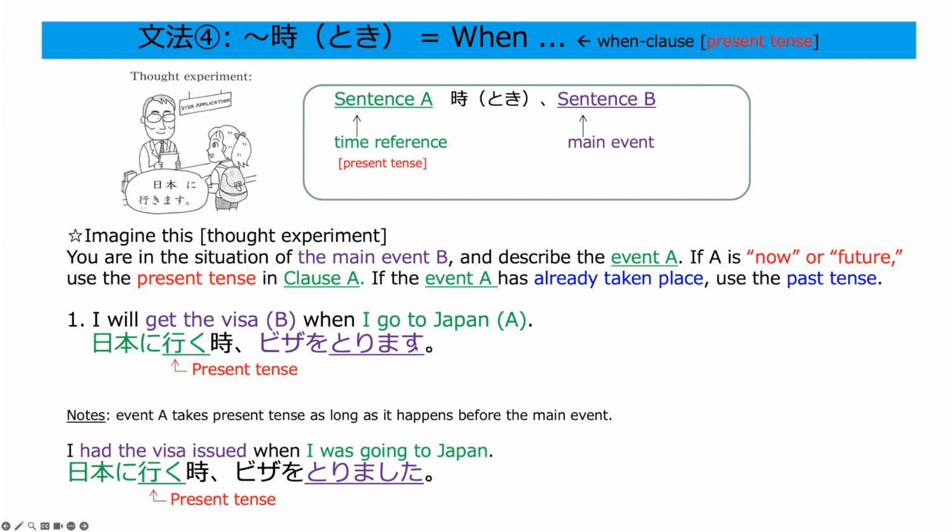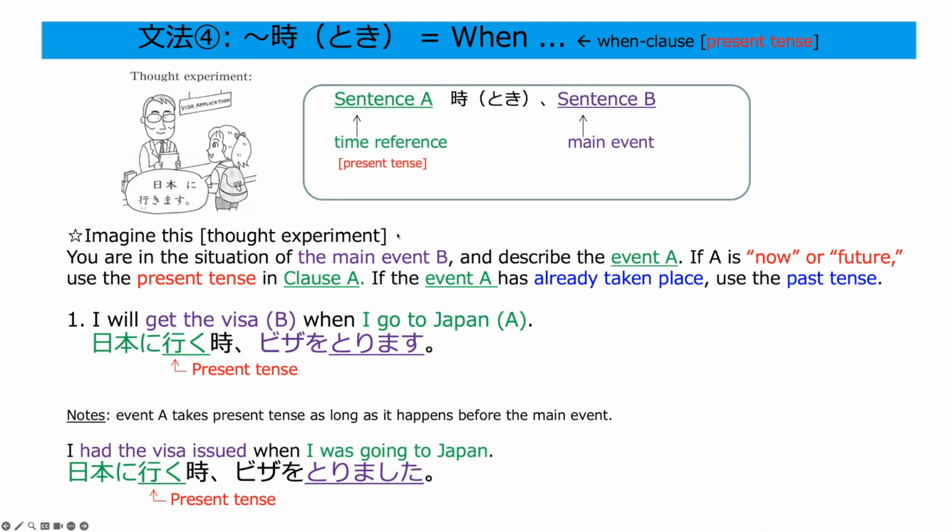Okay? Then this is nothing difficult, right? However, just take a look at the second one. Again, we use the present tense here. 日本に行くときビザを取りました。So the sentence ending is 取りました, right? Which means, as I just explained in principle number one, this sentence is referring to the past event. So it already happened. However, unlike English, in Japanese, they use 日本に行くときビザを取りました。Instead of 日本に行ったときビザを取りました。